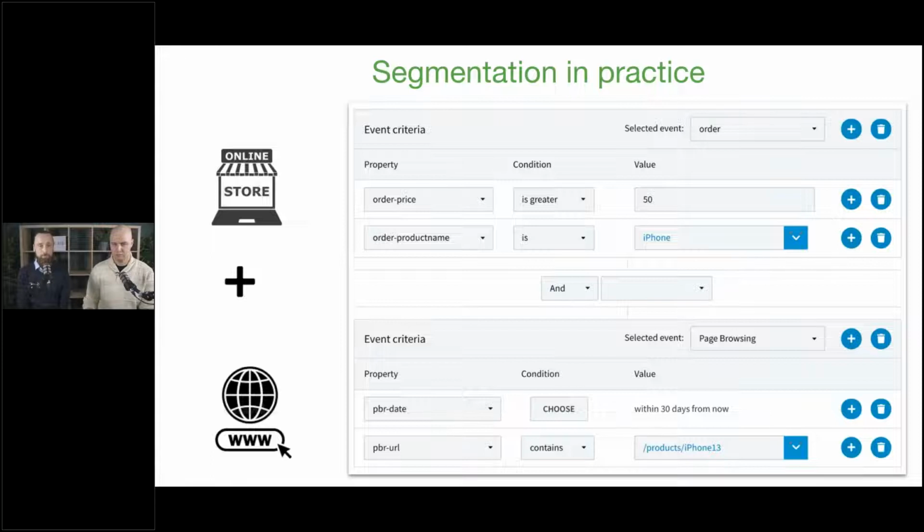So here's an example of how you can set the segment, the target group, of people who bought an iPhone that paid more than 50 euros, and who also have been visiting the iPhone 13 web page on your website within the last 30 days. Just to give you an idea that you can do quite complex things. It's really flexible and scalable how to produce and target your audiences.